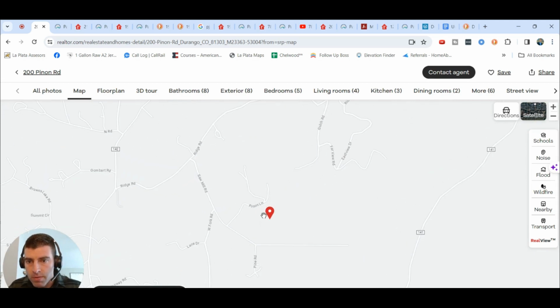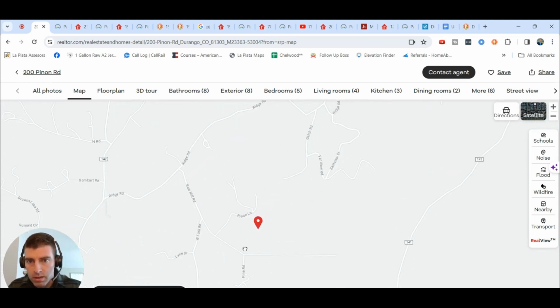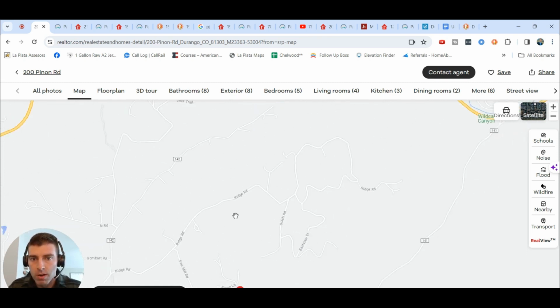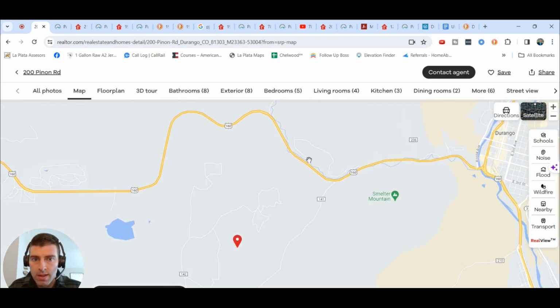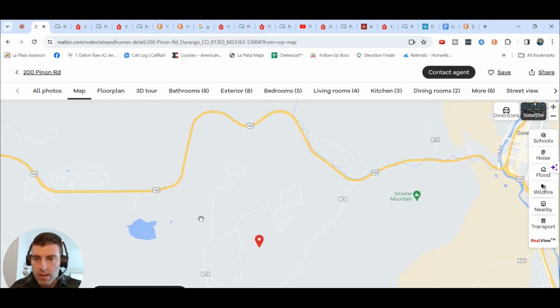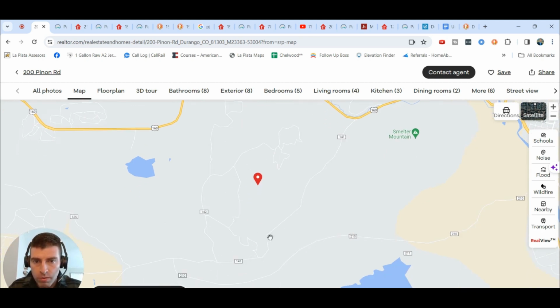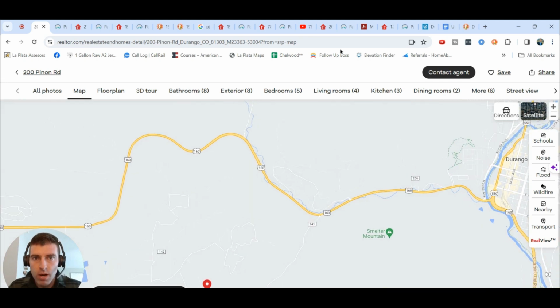So here's the subdivision. You can kind of get an idea, kind of winding roads through here, little roads that pop into a property and then come back out to the main road. Let's zoom out, and you see you're right off 160. And then regarding outdoor activities on this last property, you go right over here to 160, come over here to County Road 141, come up to 160, and then right in here, I'm going to hop over to